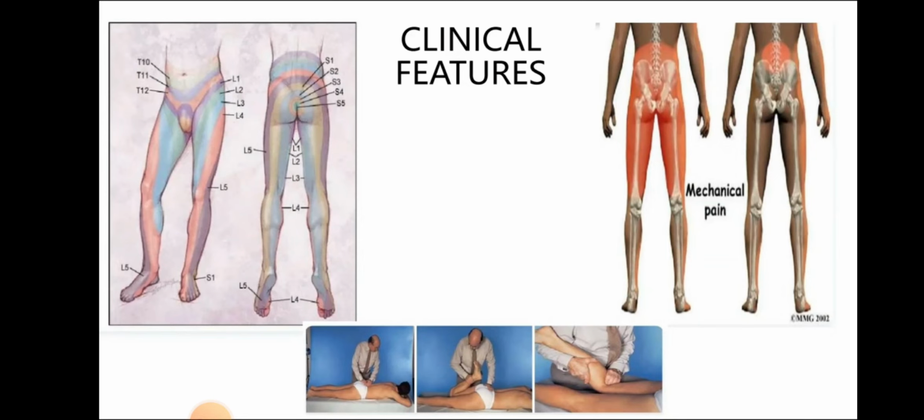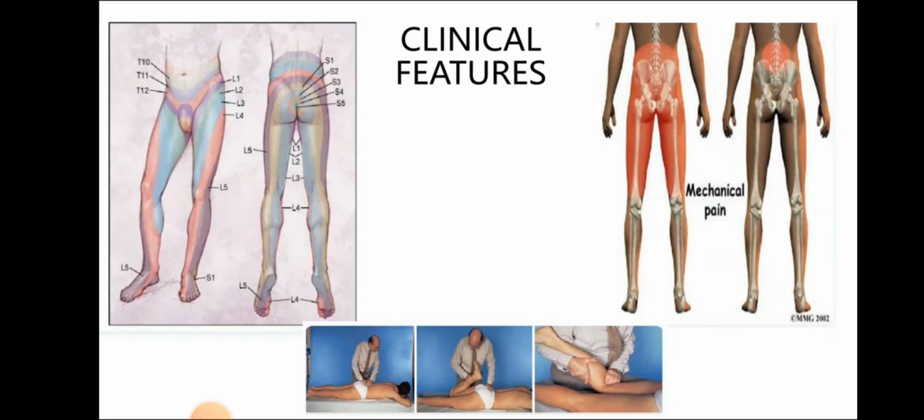And the commonest site is the lumbosacral region in 80%, and the disc between L4, L5, and L5S1. And the other site which is common is the cervical spine, that is the disc between C5, C6 and C6, C7. Two types are told: posterolateral, which is the common one, and the next one is central posterior. And the clinical features: there will be low back ache in the distribution of the root, which gets aggravated by straining,